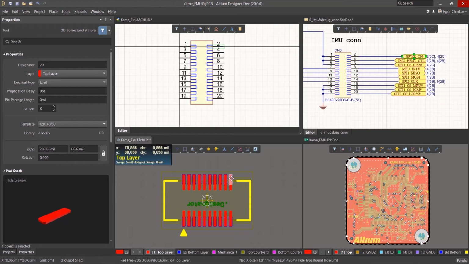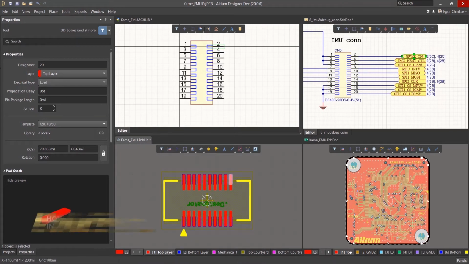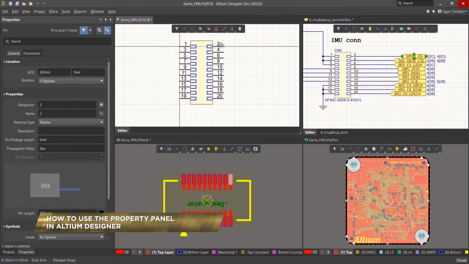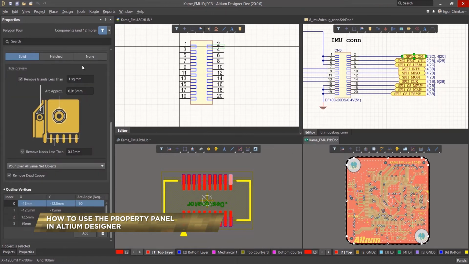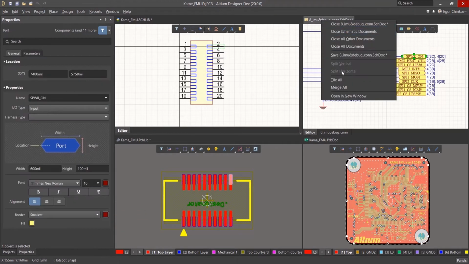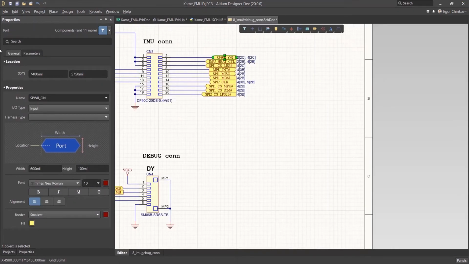All objects in Altium Designer have properties that are editable from the Interactive Properties panel, which is available in all editors. This video will go over how to properly work with the Interactive Properties panel. This panel is most efficiently located on the left side of the work area, on top of the other frequently